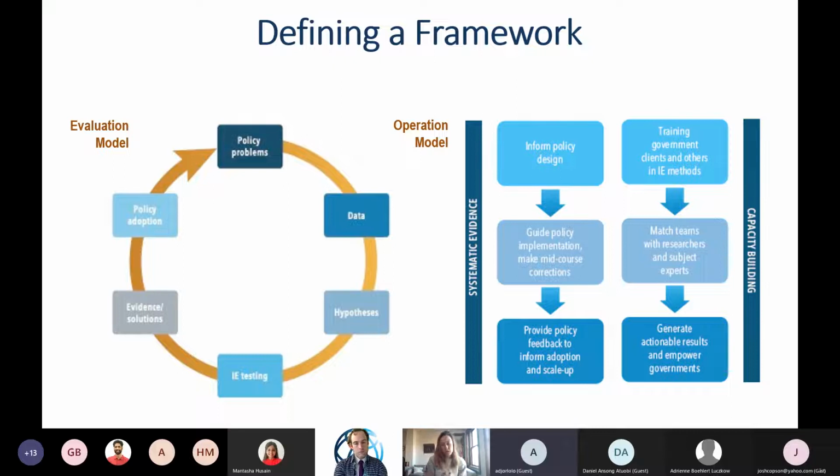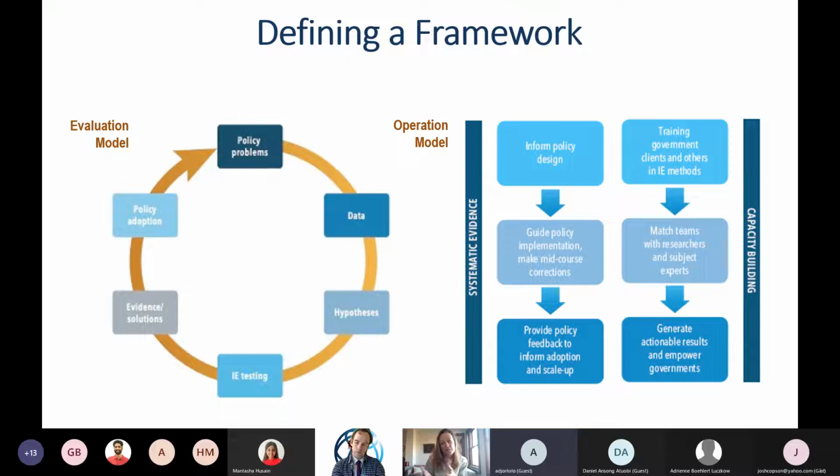So we have first, on the evaluation side, the research side, right, we will think about the policy problems, what are we trying to achieve, and then we will use knowledge, data, what we already know, and hypotheses to test new ways of working, of improving what is happening on the ground, and then use this evidence to either adopt new policies and identify new problems, right? So it's a cycle. We're always trying to learn from what is happening. That's a little bit more on what we would do on our side.